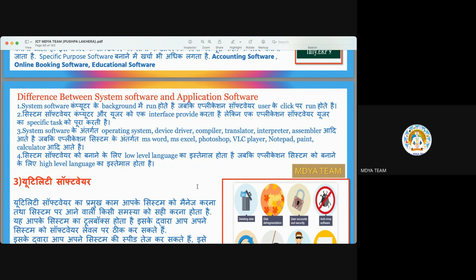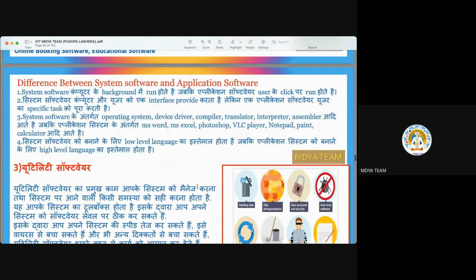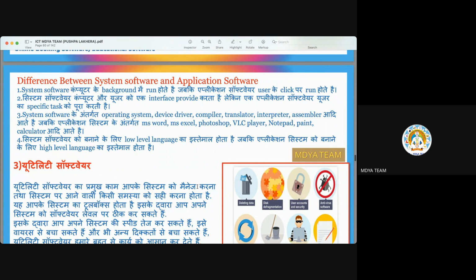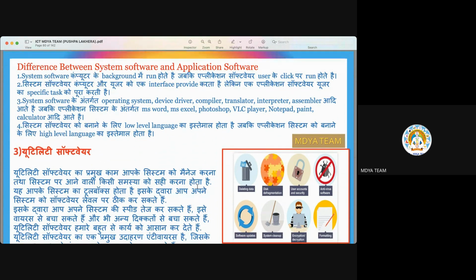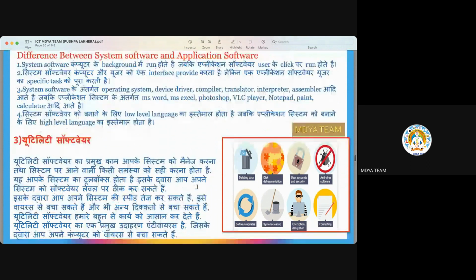And what is system software? Operating systems, device drivers, compilers, all those come under system software. And application software: MS Word, Excel, Photoshop, VLC Player, Notepad, Paint, and all, to complete a particular specific task. Now, for system software, we need a low level language. For application software, you need a high level language: C, C++, Java, and all. And low level language can be understood by the computer, and it is done by the translators, which we'll see